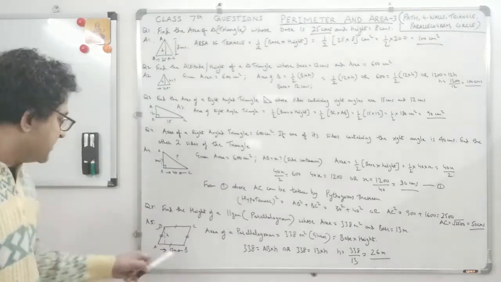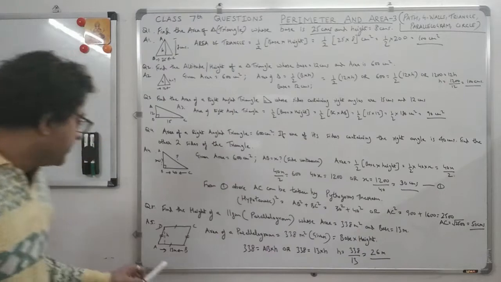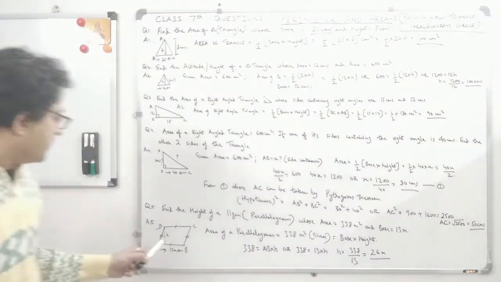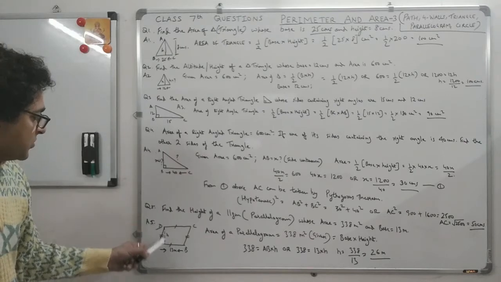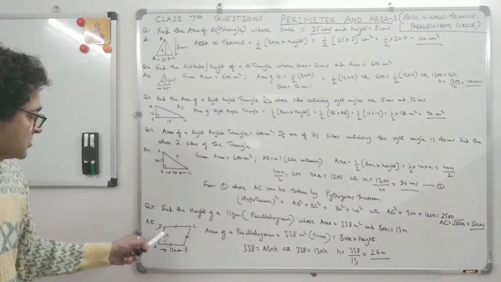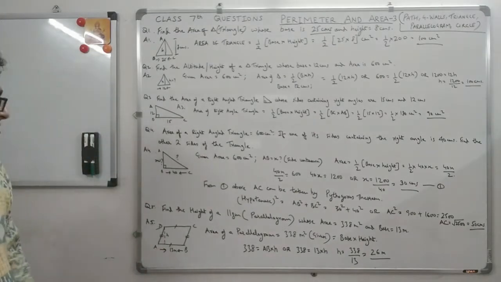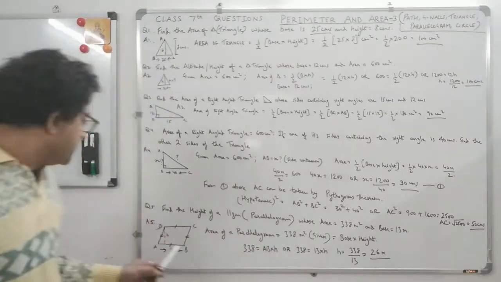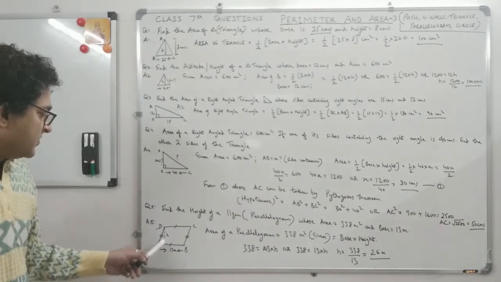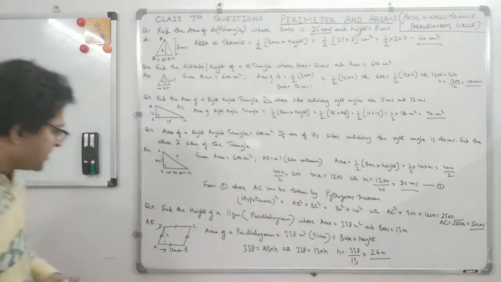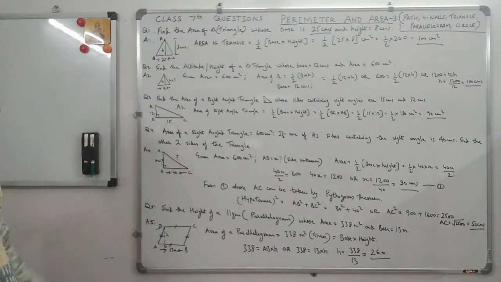First make a diagram, ABCD parallelogram. One of the sides is given. Base is 13 meters. I have mentioned 13 meters, and from this base you make a 90 degree altitude, which is height. You always make a height. This is height, because height is asked, right? So if you draw a right angle on this base, then it's a height. You can put it anywhere over here. Doesn't make a difference. But then DO is the height.